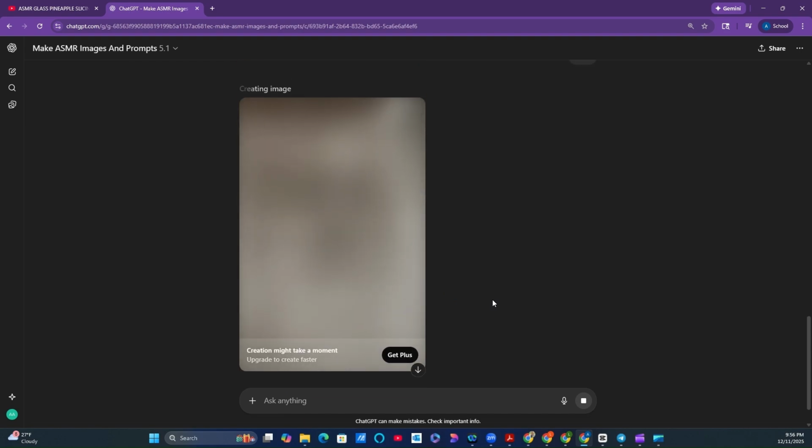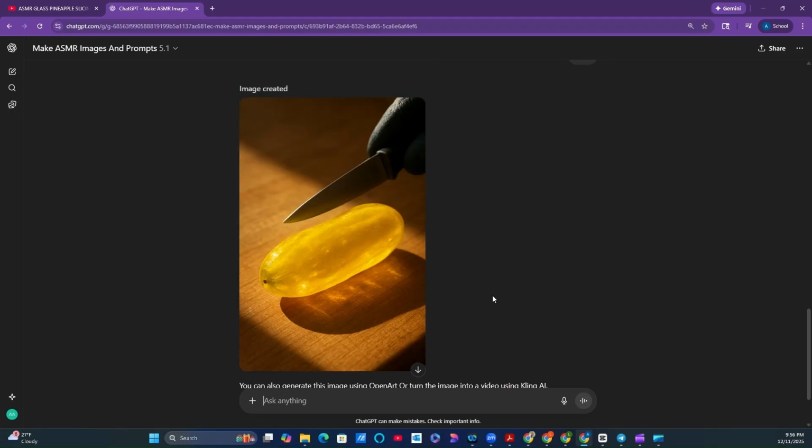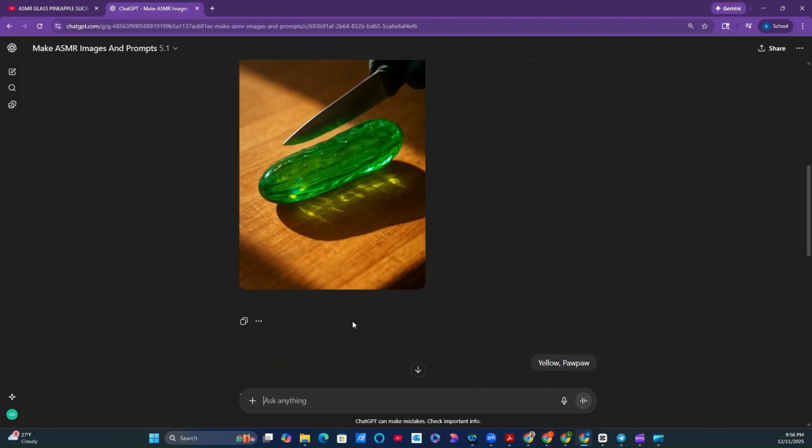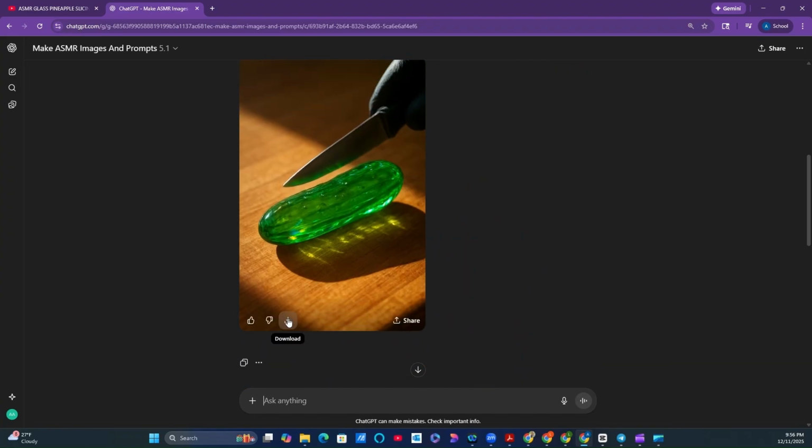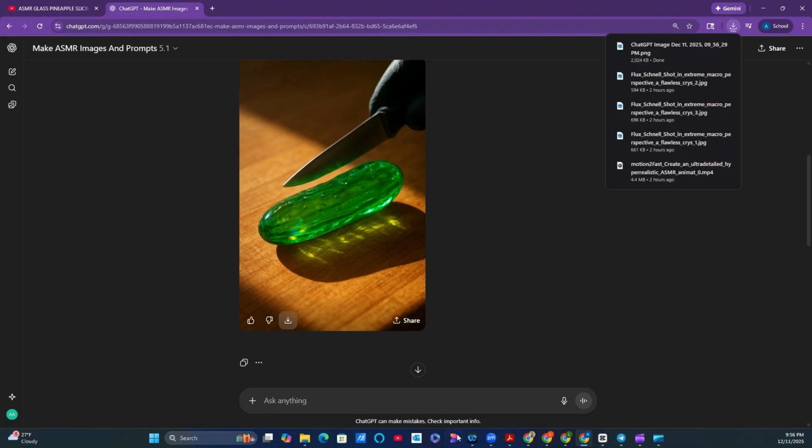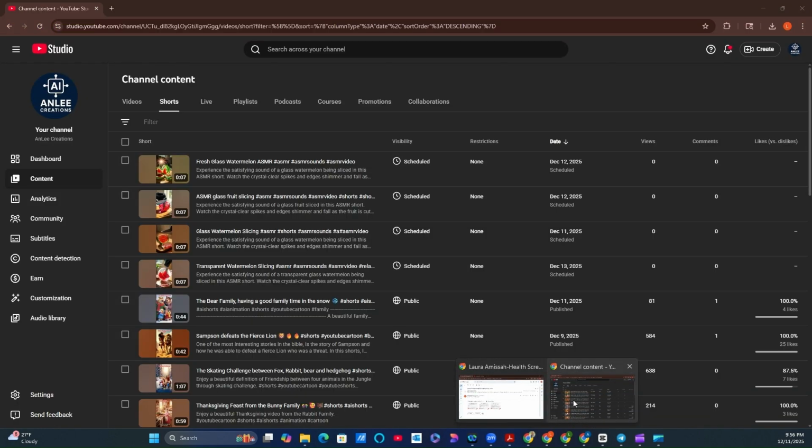Grok is really doing well. There are a lot of tools you can use in animating these AI images, right? So we have Kling AI, we have Leonardo AI, etc. So I'm just going to use Grok for this particular tutorial, right? So I want to animate the green cucumber, so I'll just download it, and then let me go to,